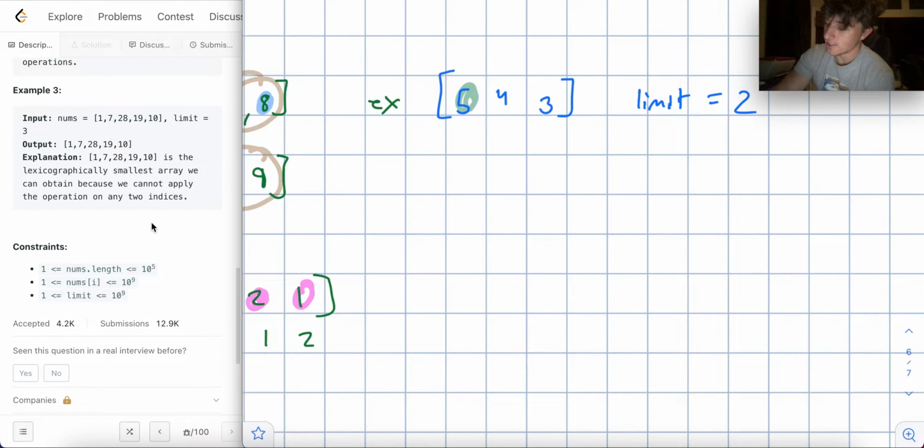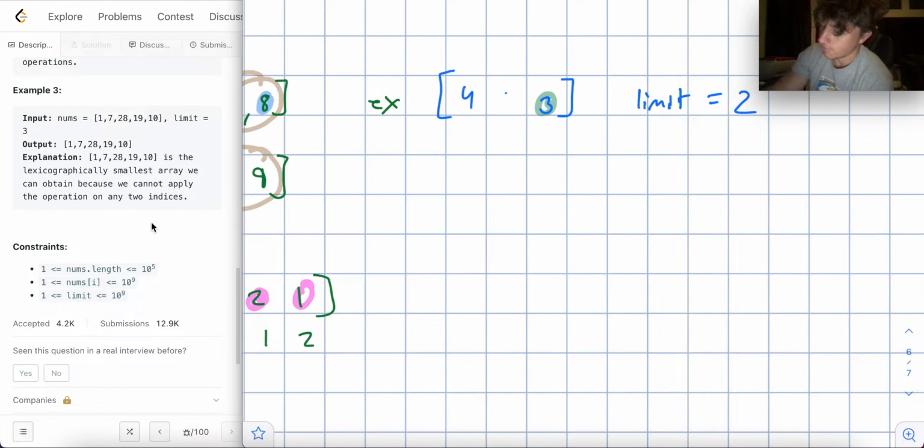5 is less than 2 away from 4. 5 is less than 2 away from 3. 3 is less than 2 from 4. They're all within the range, right? Now, since there's 3 of them, we can make any limit any number of times. So we can really... Well, let's say this was a